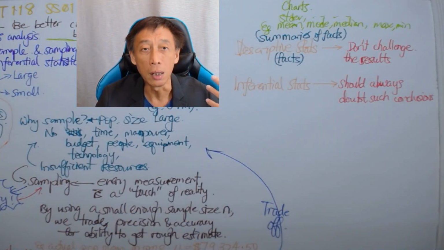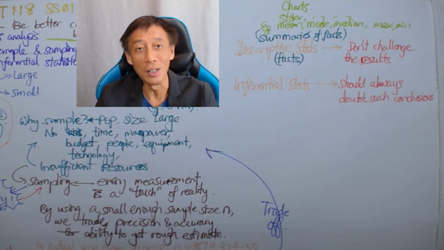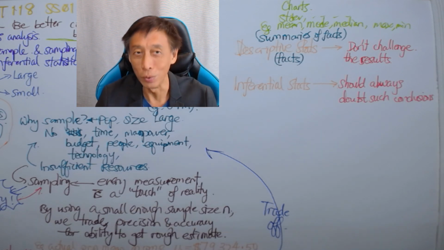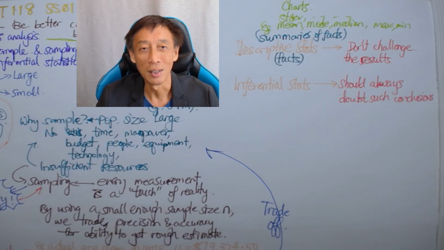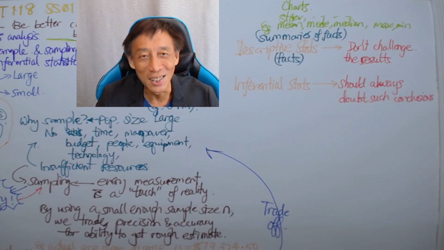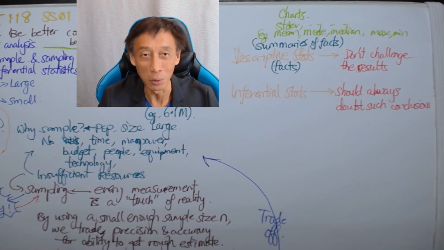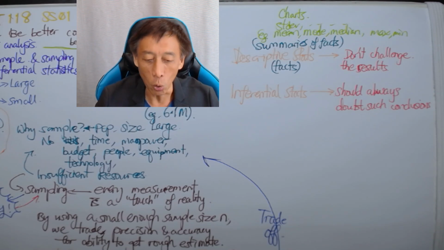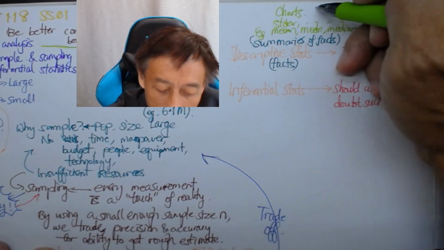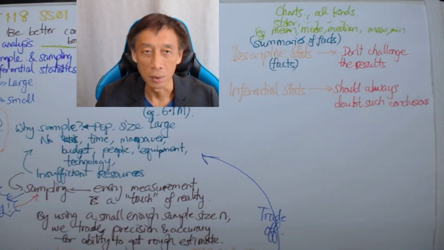Because if you say my chart is fabricated, not believable, I just give you the data, right? And you produce the same chart, you will see the same chart. The same type of chart, that is. For example, if I created a pie chart, you say that's not true. I give you the data, you plot a pie chart, you will get the same pie chart. I mean, there's no way, right? Unless I kind of modified the data, but we're not talking about those situations. We're talking about factual. So charts inclusive, all kinds of charts are considered